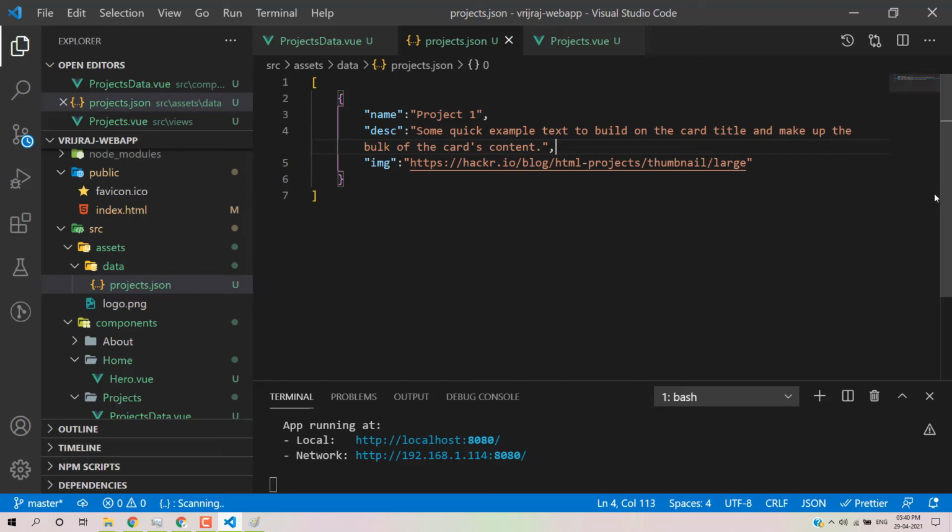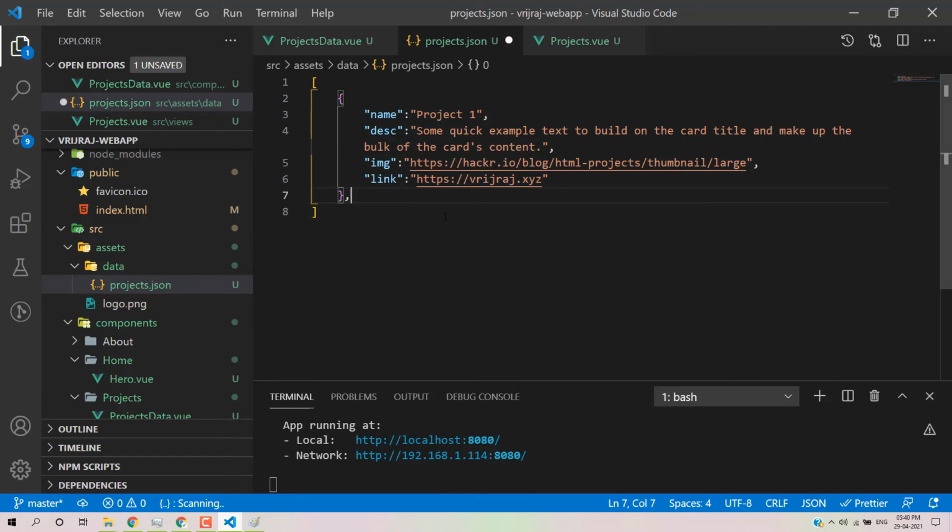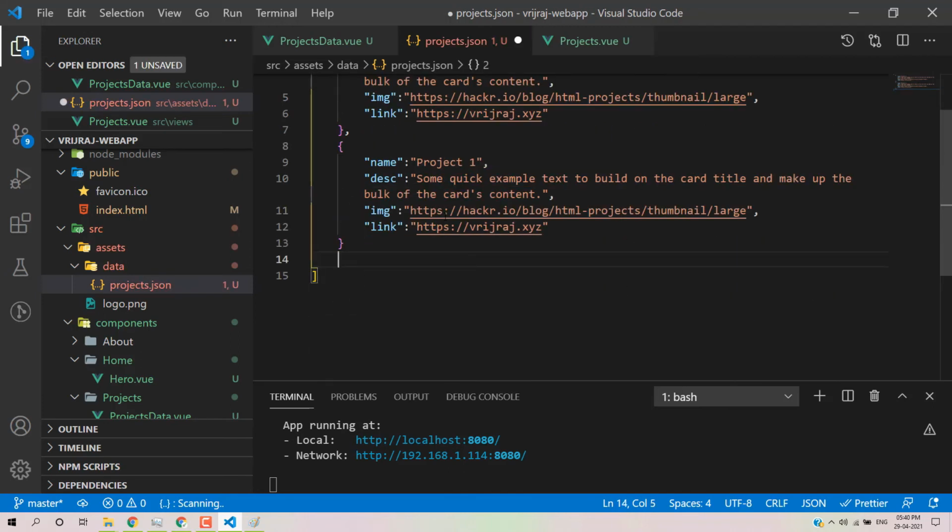Now we need a link, so we will add a link as a key-value pair. Here you can mention the links. Let's say https://bridgeraj.xyz. You can mention any links. So this is the first project. I'll just copy it and we'll create multiple projects.